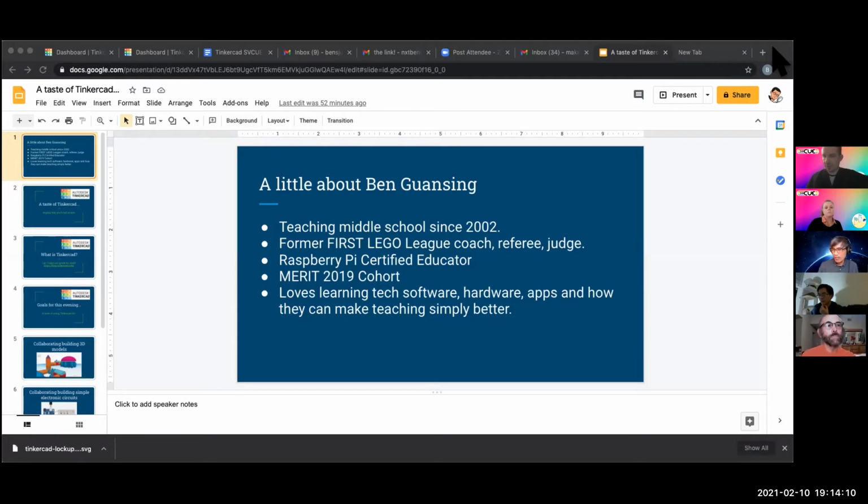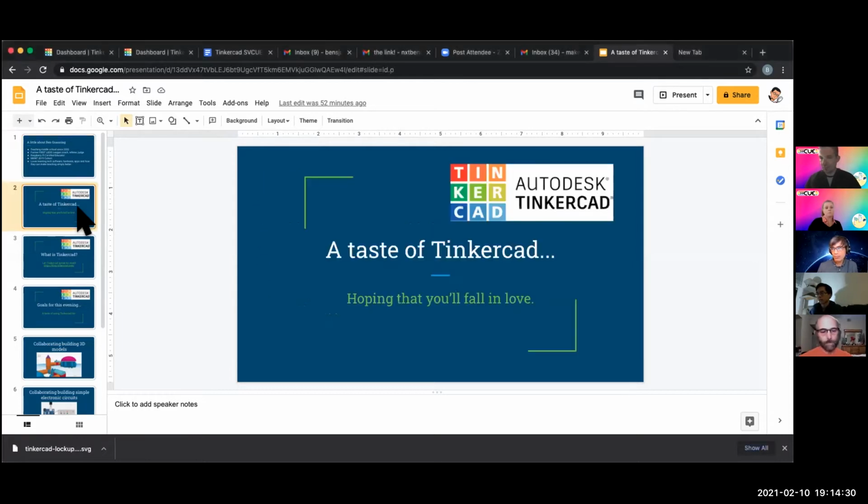in a 3D space. One of the features of Tinkercad that I love, that some of you may be familiar with, and if you're not, I'd like us to give it a try this evening, is collaborating on building a 3D model. So some of the things I was hoping we'd be able to accomplish tonight or get a taste of is,